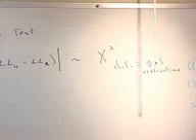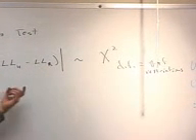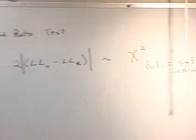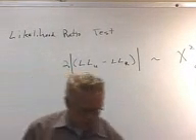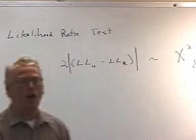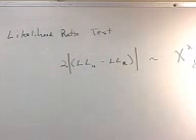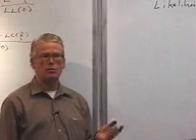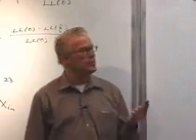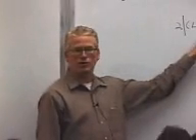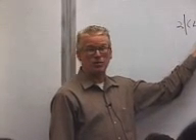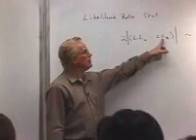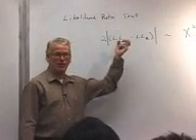So, for example, if you want to test the hypothesis that two coefficients are equal to each other, you estimate the model once when they're not equal to each other. That gives you the log likelihood unrestricted. You estimate it a second time with them restricted to be equal to each other. That gives you the restricted one. You find how much the log likelihood changed, multiply it by 2, and that gives you